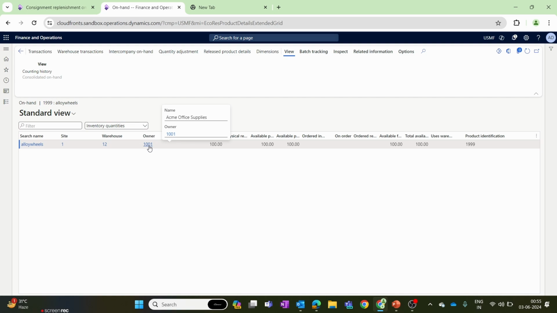So in this process we will see how a consignment replenishment order is created and how we receive the stock. So in the next step, our organization, USMF legal entity, finds a customer who is ready to buy 60 items of that wheel. So now our USMF company has decided to consume that stock which is there in